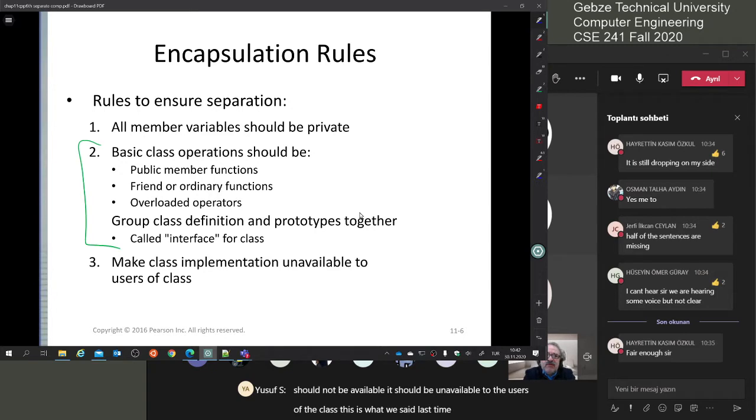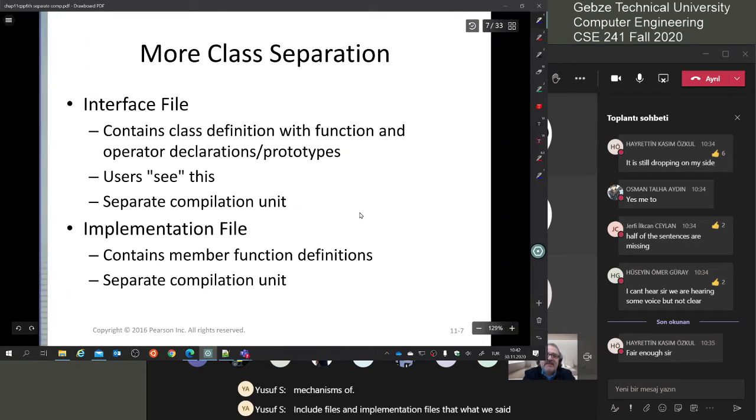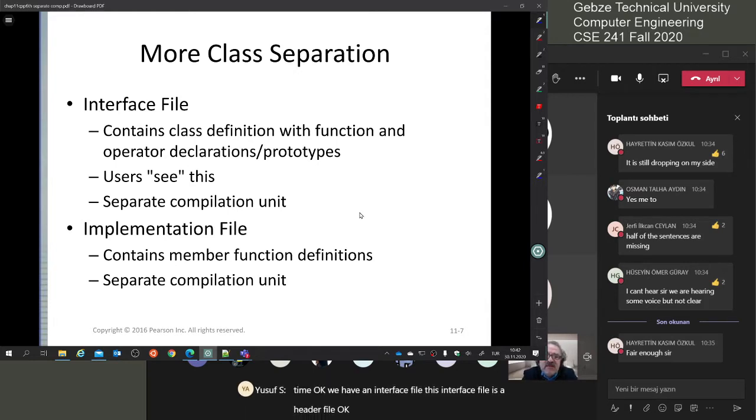So why are we talking about these again? We are talking about these because we like to enforce these rules using the C++ mechanisms of include files and the implementation files. That's what we said last time. Okay, we have an interface file. This interface file is a header file. Inside this interface file, all we have is, as I